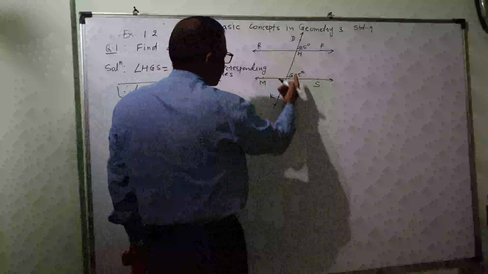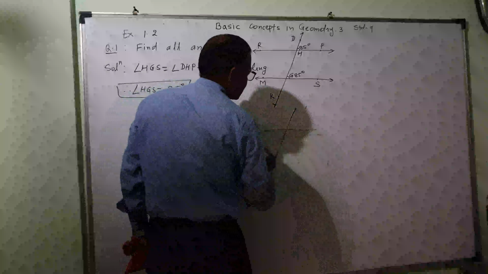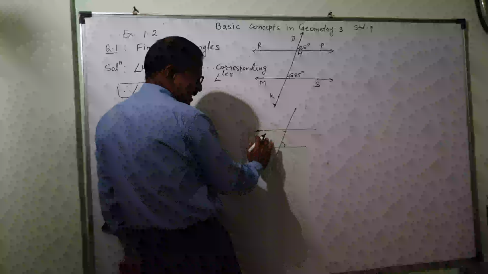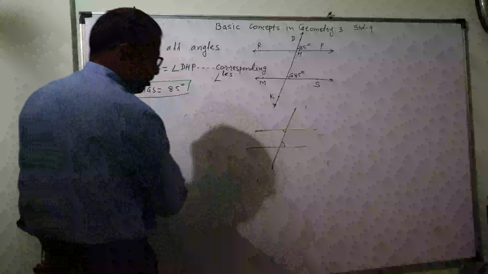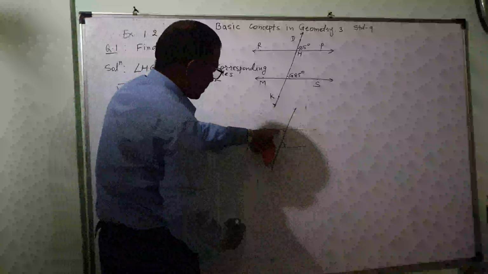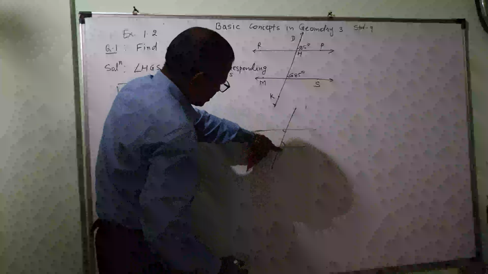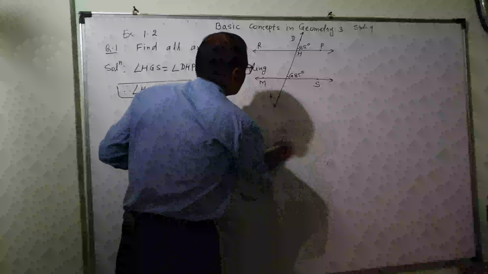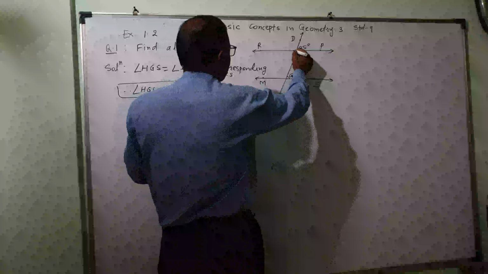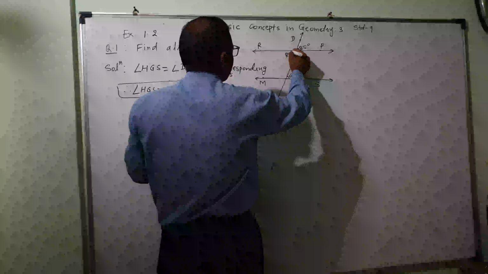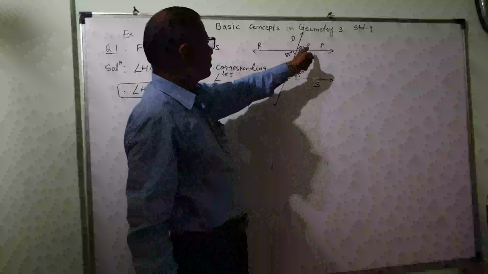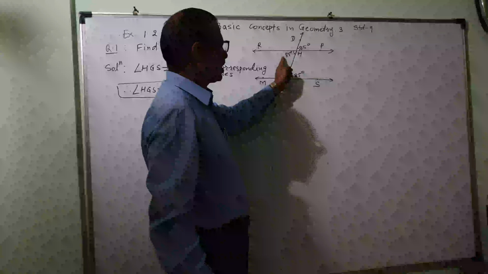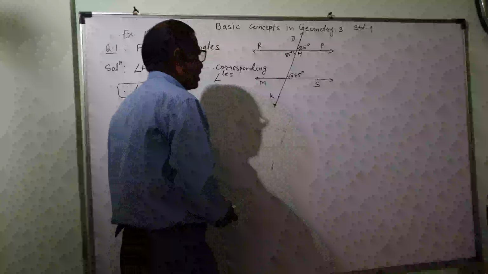Now what about this? See this, they are alternate angles. One here and one here. Exactly alternate, means on the opposite sides of the transversal, one is below this, this is above this. Such an angle is called the alternate angle. So this angle would be also 85 degrees. This angle you would have seen from this also, because this is vertically opposite angle. That way also you would have done.